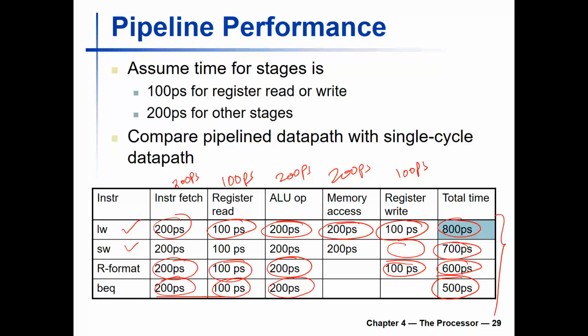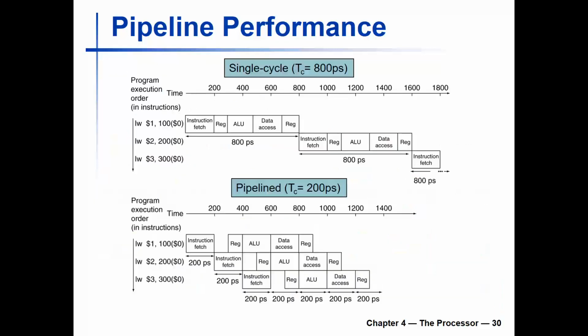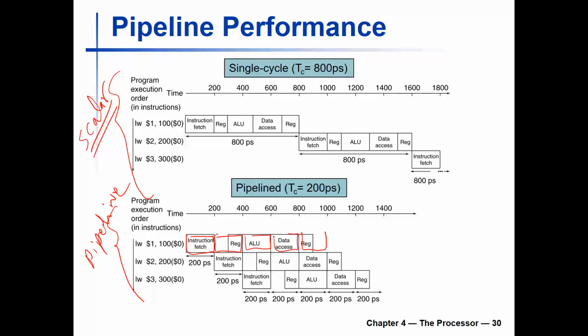Okay, and for that, if I want to create a pipeline, now this is the non-pipeline. I'm going to call it the scalar processor. So scalar meaning non-pipeline. But if I want to move this into a pipeline processor, now notice that the pipeline processor consists of these stages, right? 1, 2, 3, 4, 5 stages. Now notice what happens is that